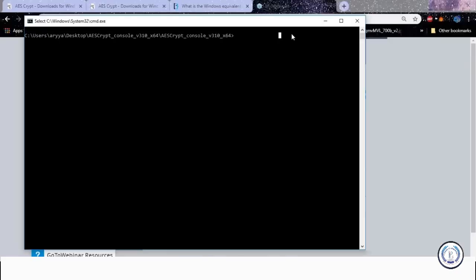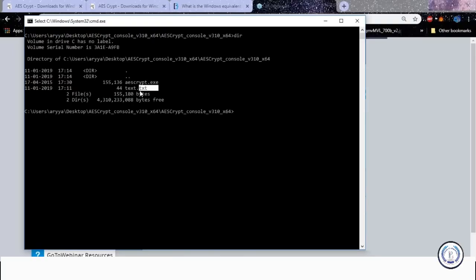For this, we can use a tool called AES Crypt. AES Crypt is available for Linux, Windows, and Mac, all the systems. I'm using the Windows one, and I'm using the console version. First of all, I have a text file called text.txt, so let me show that to you. Let me show what text.txt contains. As you can see, it has the sentence "The quick brown fox jumped over the lazy dog." That's the sentence that has all the letters in the English alphabet, rather.